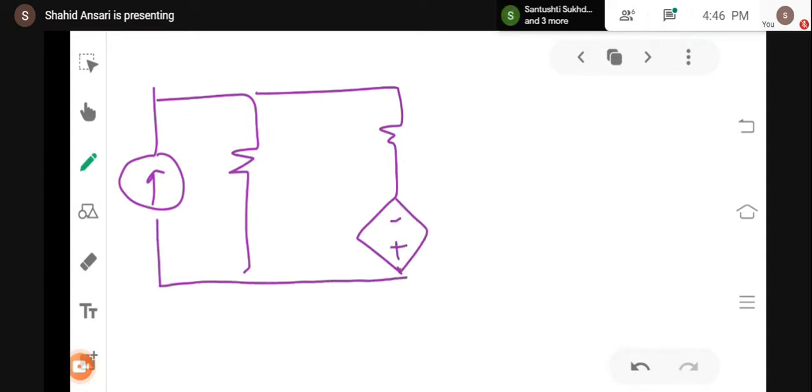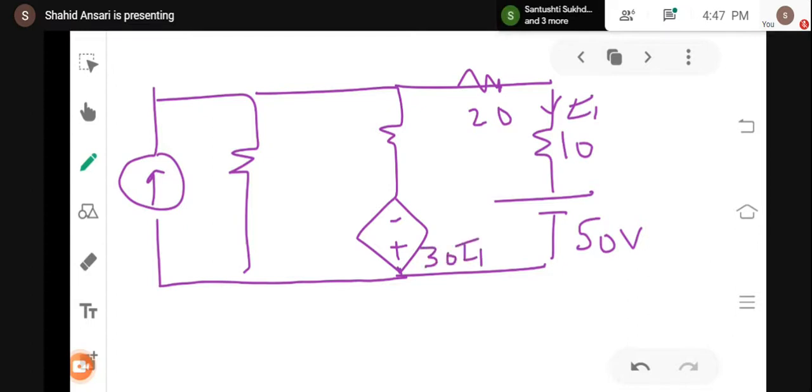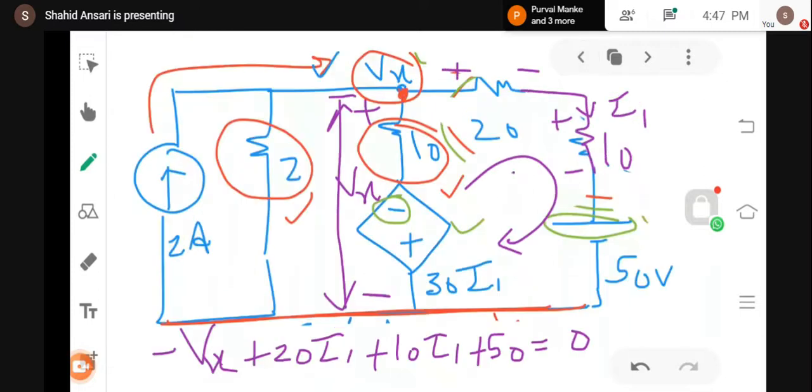This was the actual circuit. This was our 50 volt. This is 10. This is 20. And in the question itself, it has been marked I. And this is your 30 I. And this was 10. And this was Vx. Now this was our reference at zero potential. Now in equation 1,